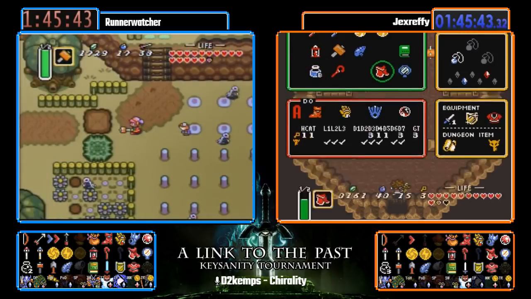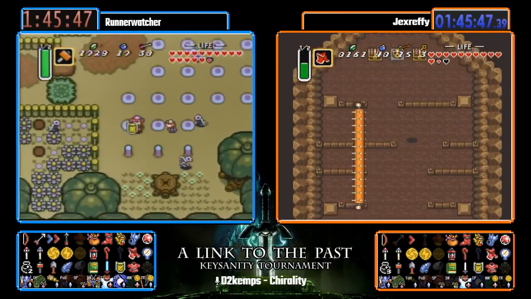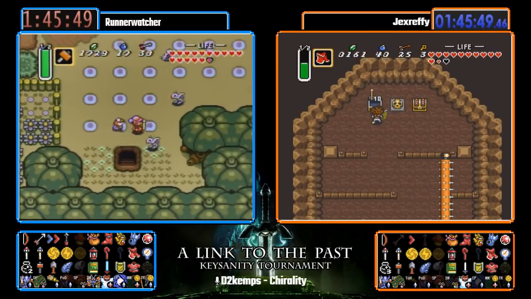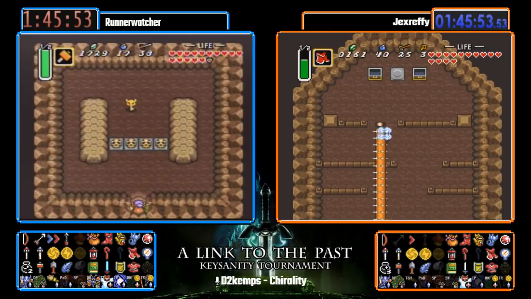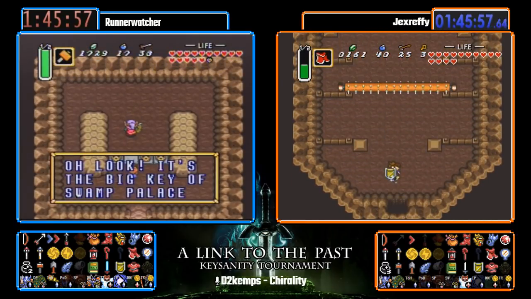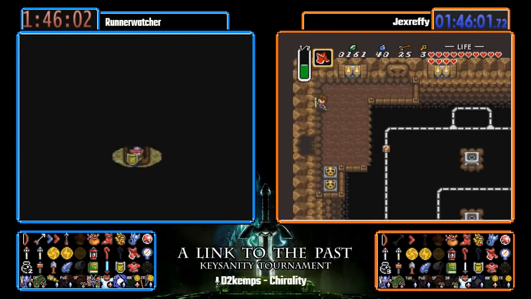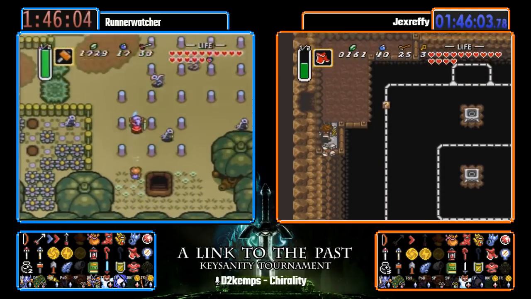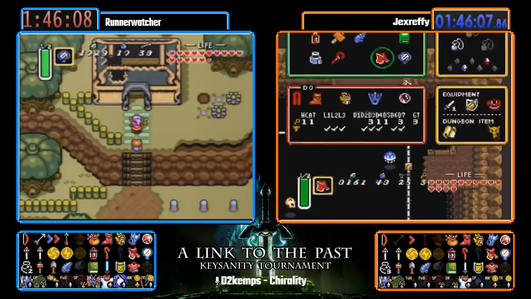Does runnerwatcher not realize that he has the Mire key? Mire big key? I think he doesn't realize it. At this point, I really don't know why he's not going to Mire. And he's going to get his big key to Swamp Palace. If he goes to Swamp Palace now, that clearly shows that he doesn't know about the fact that he can clear